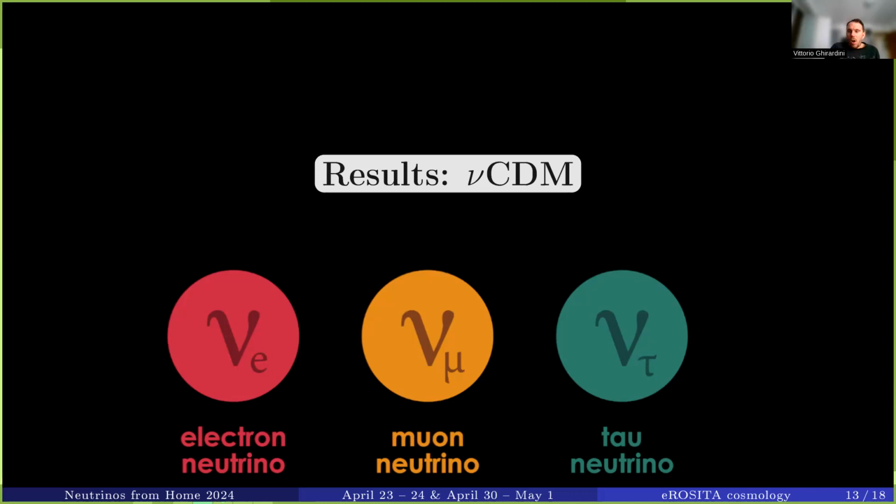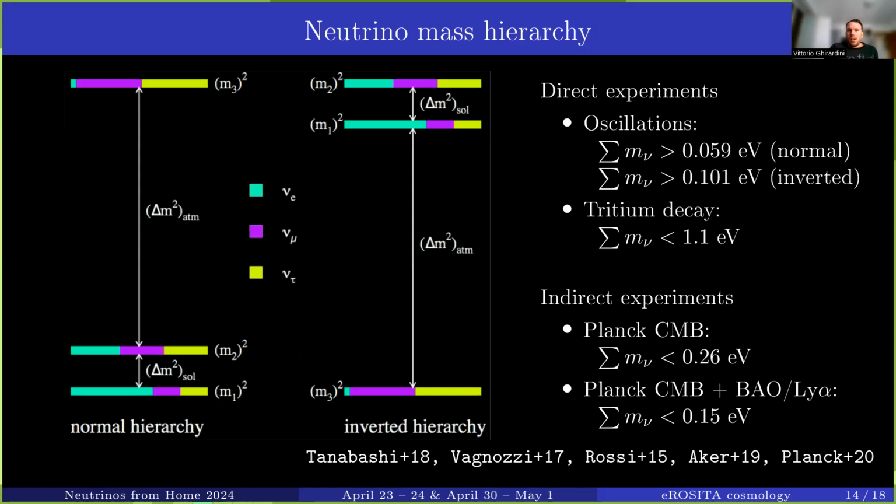We also analyzed the case where we have the dark energy equation of state free to fit, but the most relevant aspect of our research for our purposes today is the results on the neutrino sum. So probably during this meeting, we will hear a lot about the current state of the art of neutrino experiments that allow us to probe their mass through oscillation experiments or beta decay experiments. There are many different ways in which one can do that, but roughly the value that we take in our paper as